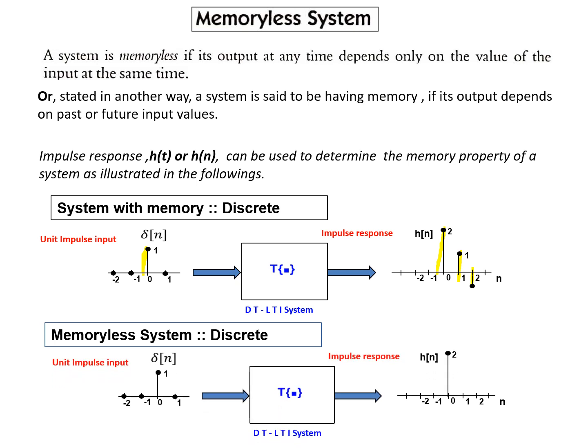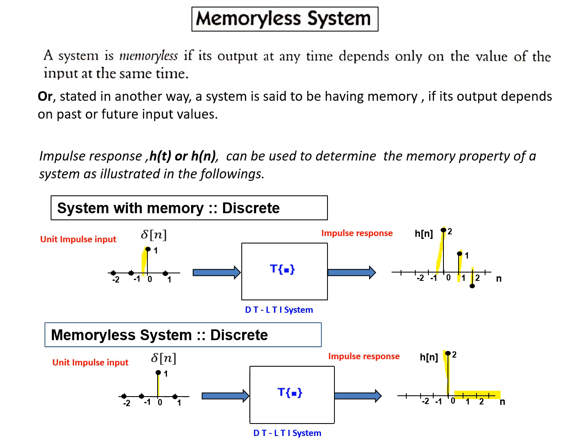That is, when I applied one impulse, there would have been one impulse output with amplitude 2. Maybe because of the amplifying effect its value may increase, but only one value. That is, the present output depends on the present input, not on the past input. So here there is a direct relationship between input and output. I applied the sample at n equal to 0, and the output occurred at n equal to 0, that instant. Then after that it disappeared.